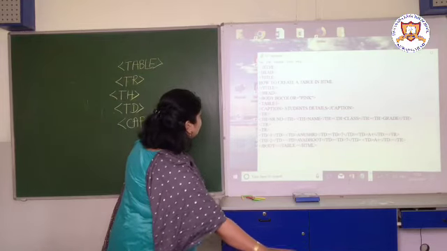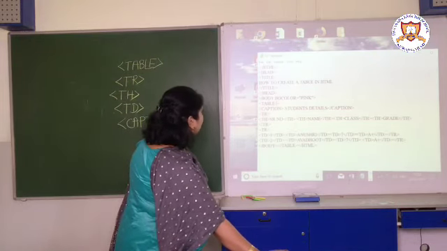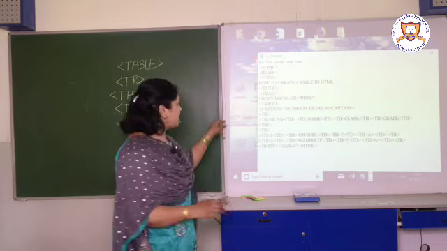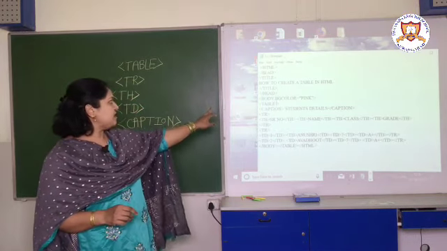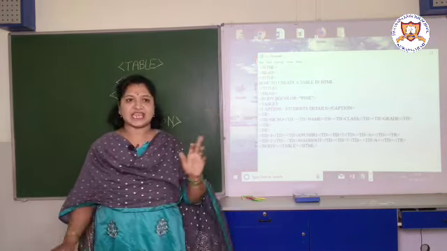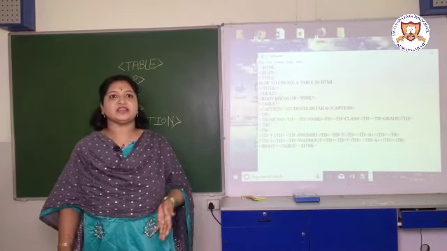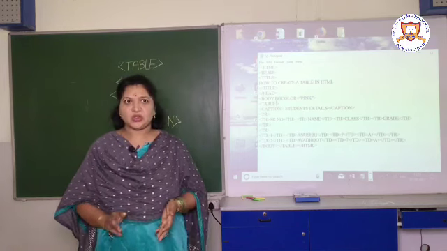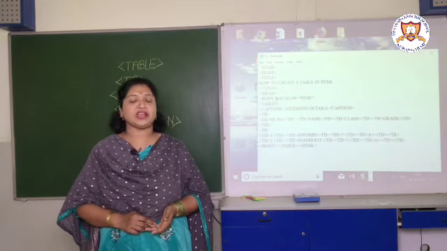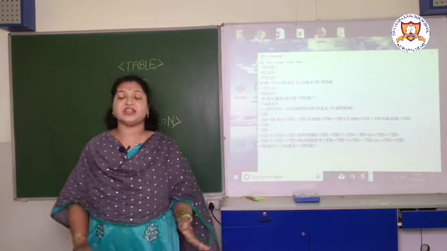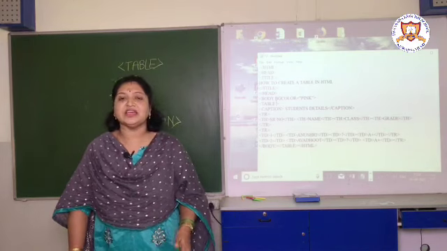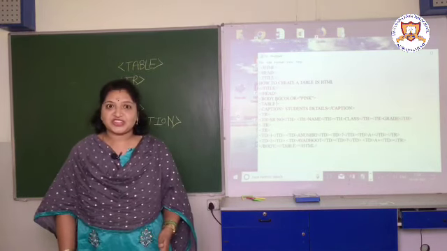So children, see carefully here. After closing the head tag, the body tag I have written: body BG color equal to pink. In 6th standard you have learned that BG color stands for what? BG color stands for background. So which color have I written? I have written here pink. So any color you can specify in HTML. But what one condition is there?